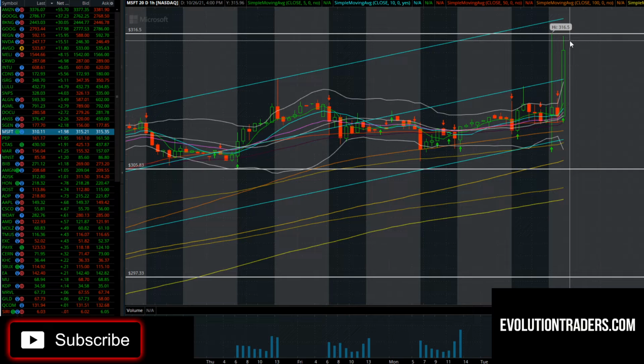So we do have this double top going on after hours. Of course, I don't want to put too much emphasis on the after hours. This thing could either sell off in the pre-market or gap up over this level. But the level that I'm going to be looking for is 316.50. Anything over 316.50, I'm going to look to get long.